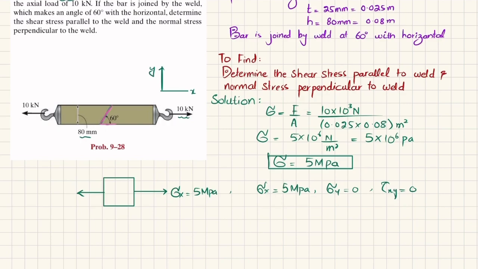degree, so you can either take theta as 60 degree counterclockwise, which will be positive, or if you can see that this is your x-axis and this is your y-axis, so if you take the remaining, which is 30 degree in clockwise direction, theta is equal to minus 30 degree. Minus 30 degree means 30 degree clockwise. Clear? So we will take here theta is equal to minus 30 degree, and after that we will find the